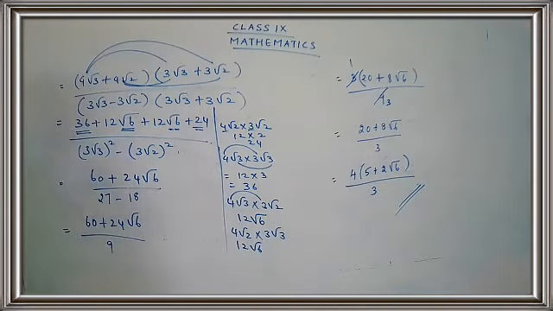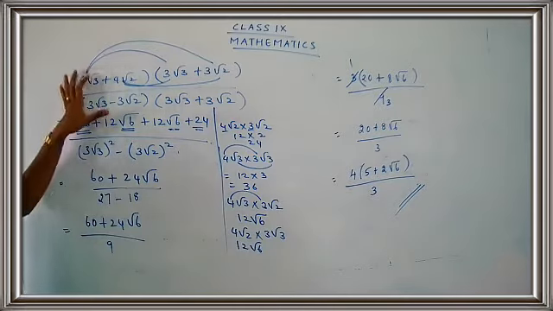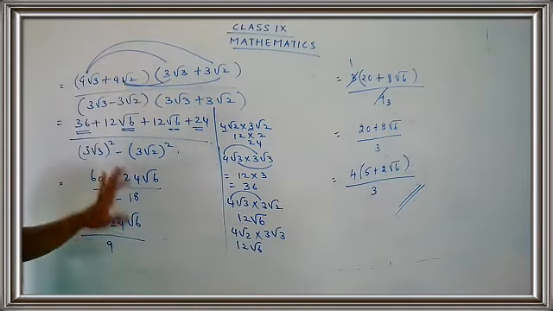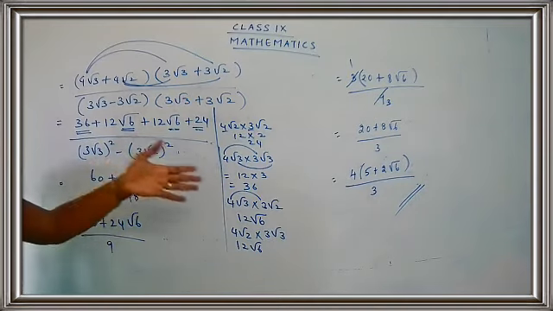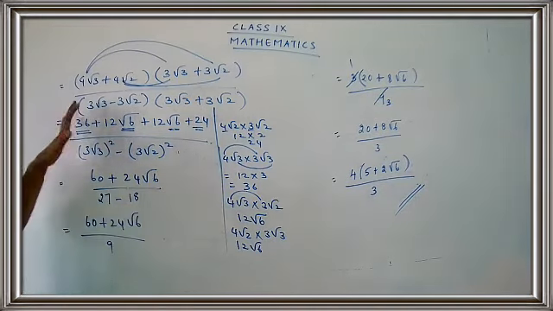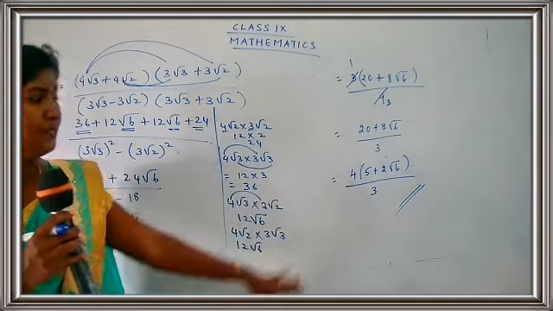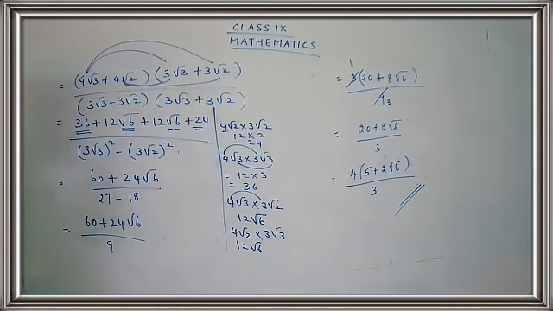I hope you people are clear. The very important part is how to multiply. You just know how to multiply, arrange them and try to take out the common factors and get the simplified answer. So what is the answer you have got? The answer is 4 into 5 plus 2 root 6 upon 3. So that's your answer. Take down the answer, children.